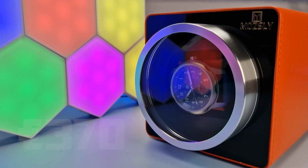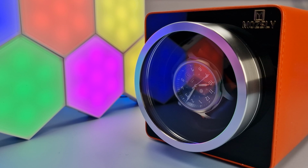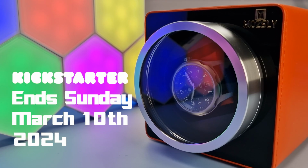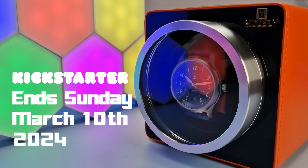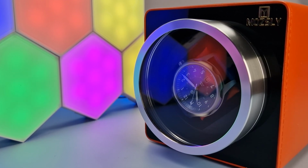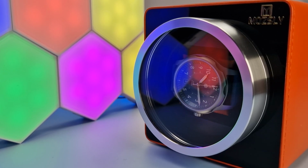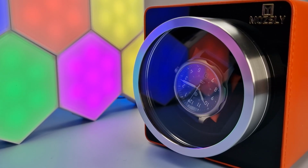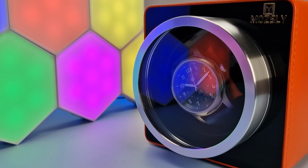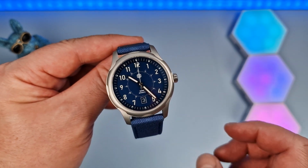reiterate, that Kickstarter campaign is currently fully funded, which will end soon. In fact, Sunday, March the 10th, 2024, just after midday, with production expected to last around about 12 weeks plus quality control after the funding period completes, and then anticipated shipping to be around about mid-July 2024. Now, one may say that the price is a very small touch on the sharp end given that the